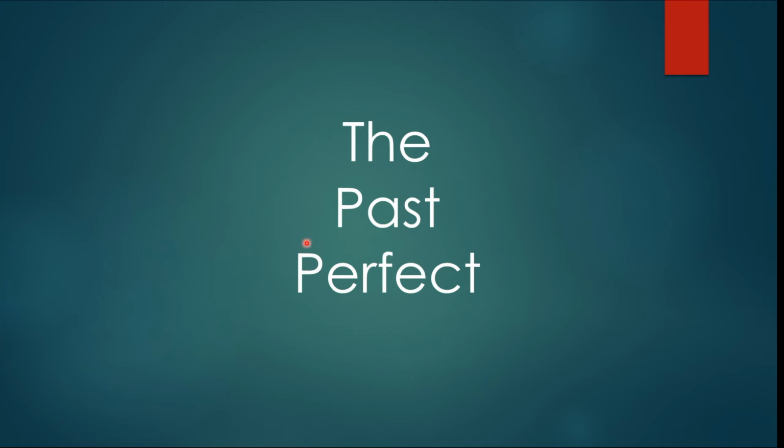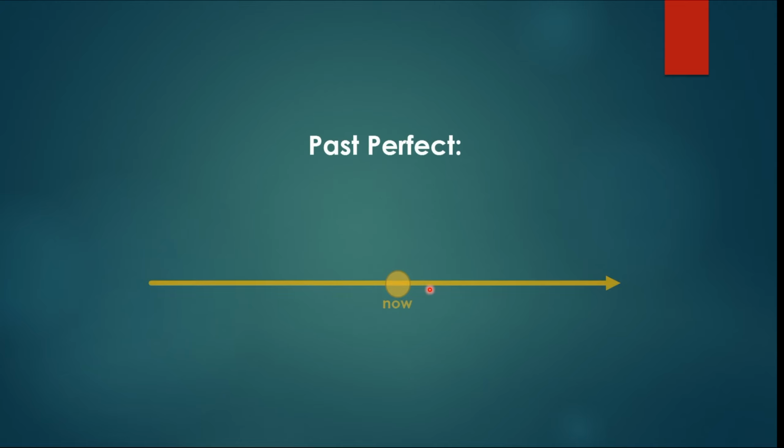Next tense is past perfect. Past perfect happens in the past just like past simple and past progressive, but we use it when we want to emphasize the order of actions. Well, we have two actions. Naturally, we talk with past simple about the action which happens in the past, but if I want to emphasize the priority or order of another action which happens before the past simple, I have to use